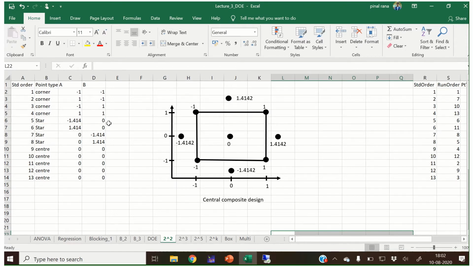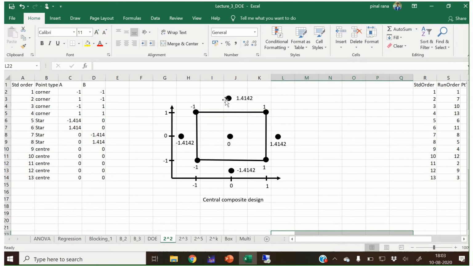Now this point is -1.414, and y value is 0, meaning the second variable is 0. Same way you can write this value 1.414 and the other value is 0. Same way you can just copy this data over here, and all the first variable is 0.